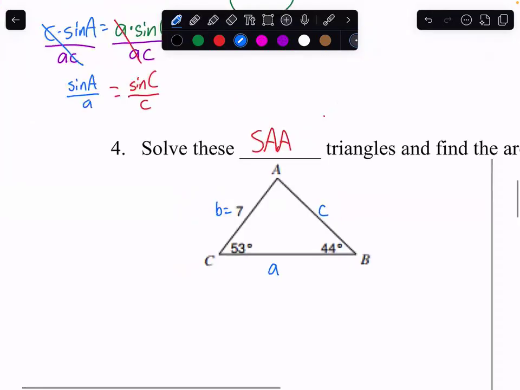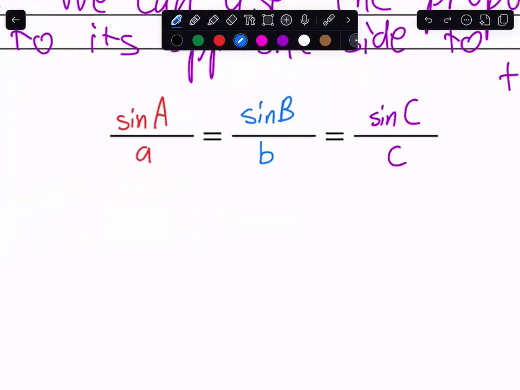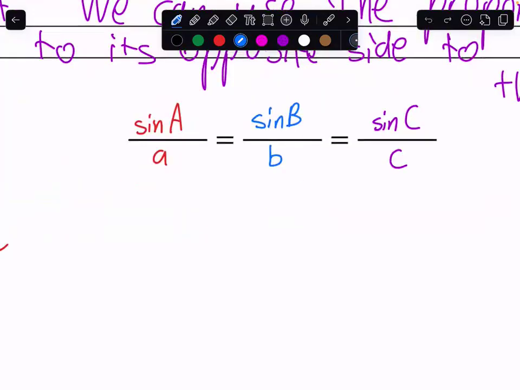Okay, so now we want to apply the law of sines to this. Which pairs of letters should we use? Should we use A and B, or B and C, or A and C? Well,